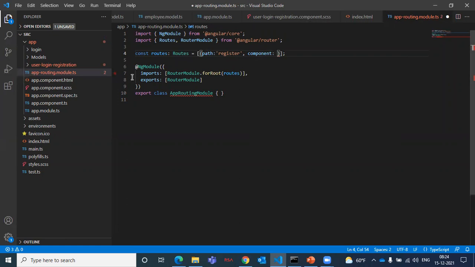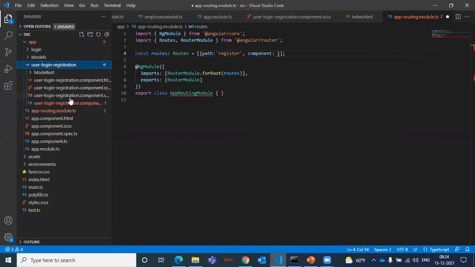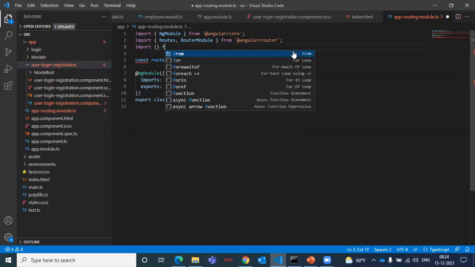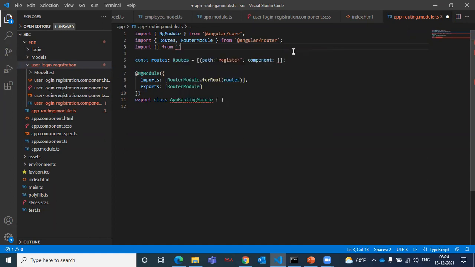The registration component. User login registration. If you want to give the reference here, import from. I need to import that component, because without import I can't give the user registration slash, which component.